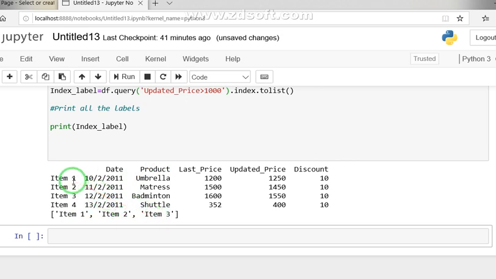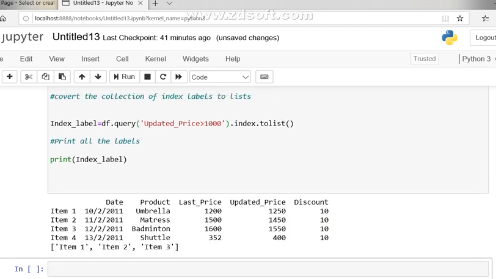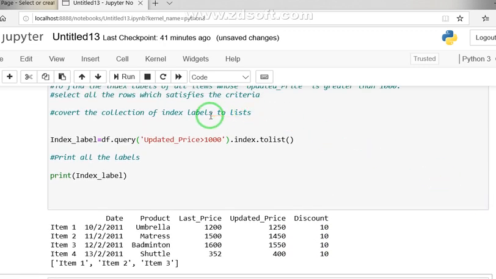Because item 1 has an updated price more than 1000, clear, and item 2 also, item 3 also, but item 4 has a price below 1000. That's why item 4 is not selected. And the major change that I have made here is that this query function has now been used.